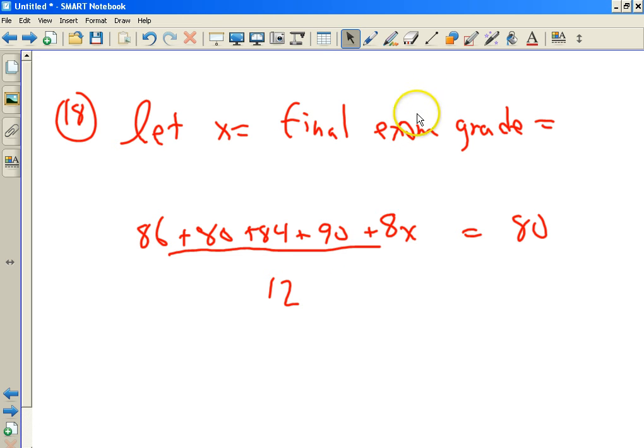There you go. So we defined the variable. We used it to rewrite the word problem as an equation. Now we've got to solve that equation. And so how are we going to do that? What would you do first to solve this equation for x? Any ideas? Combine like terms? Combine all these constants? Yes? Okay, sure. And I'm sure this is not that tough to do by hand, but just for fun,